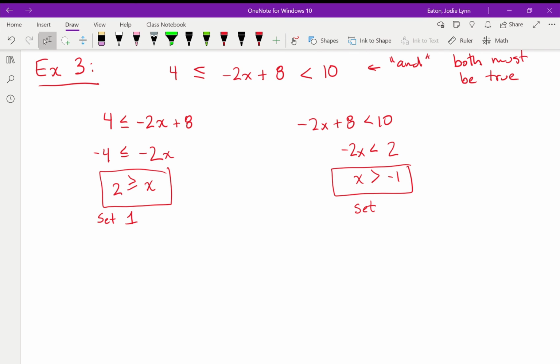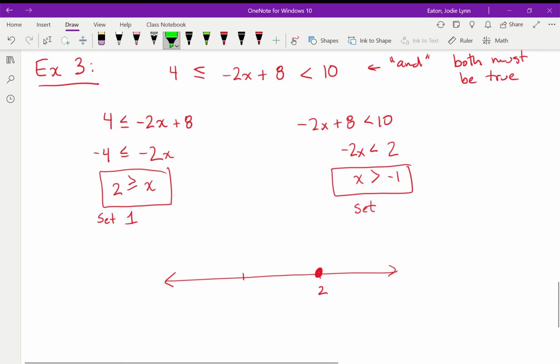So what I like to do is I like to actually draw it out on a number line. And I think this gives the most understanding. As you get some practice with these problems, you may be able to just jump straight to an interval notation answer. That's great. So let's look at our first set of numbers. So we have 2, that's one of our points, and we're going to put a point here, and we're looking at all the numbers where x is less than or equal to 2, so we put a full dot here,